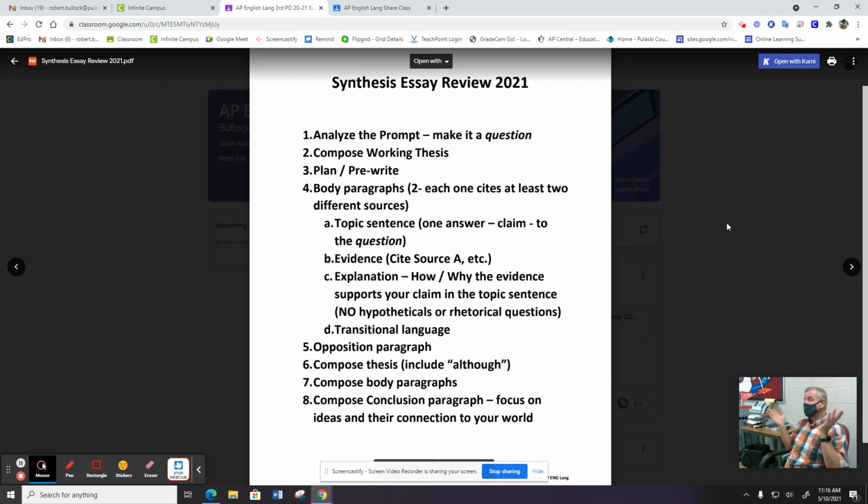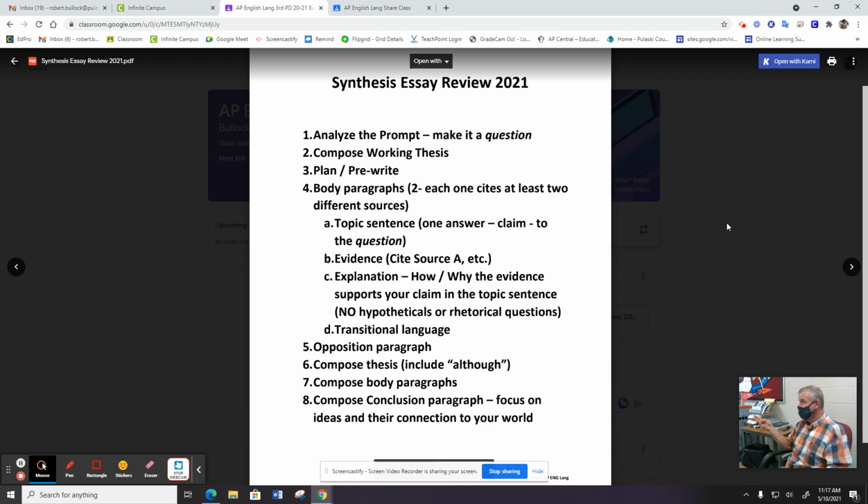Now, you are not limited to that by any means. I'm just telling you that seems to work well for a lot of students. It really does. You can use three separate paragraphs if you want. And you can use one source and then another source and that's it. I'm going to tell you, those tend to be a little too simplistic to score really well. I mean, they'll do okay. You can get a decent score like that. But the high flyers generally have at least two different sources in each body paragraph.